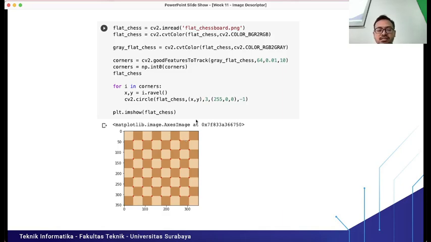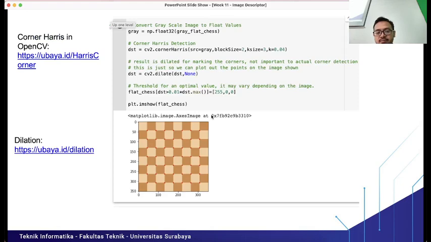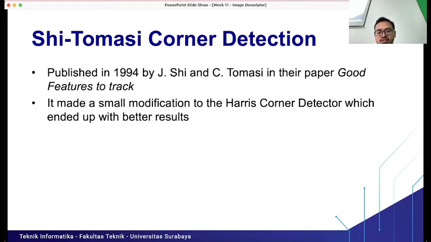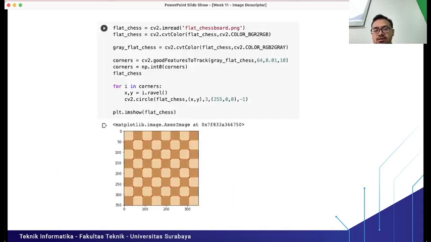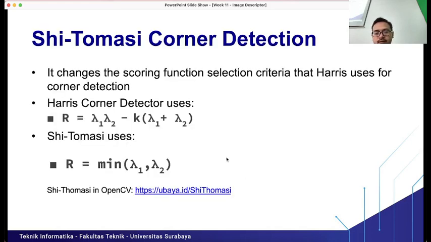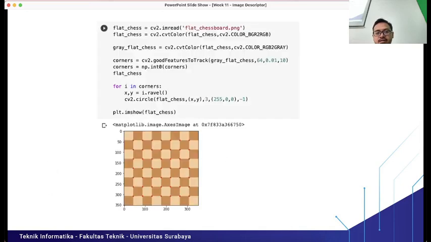Okay, you can just implement it first. It will actually produce the same output image as the Harris corner detection. The Harris corner detector and Shi-Tomasi will give the same output, right? But from previous experiments, it is said that goodFeaturesToTrack, or Shi-Tomasi, is better than the Harris corner detector in specific cases.